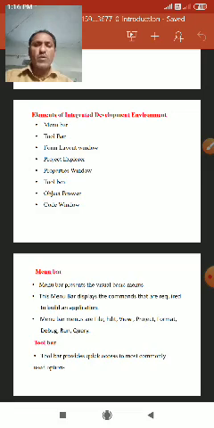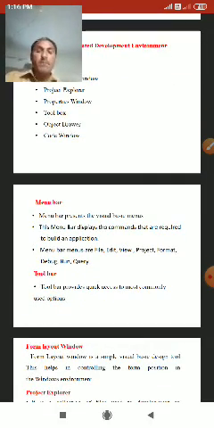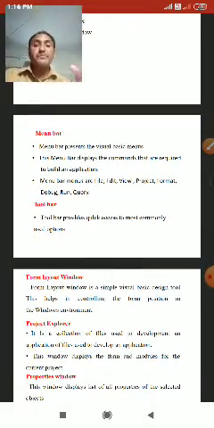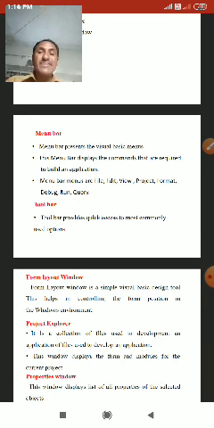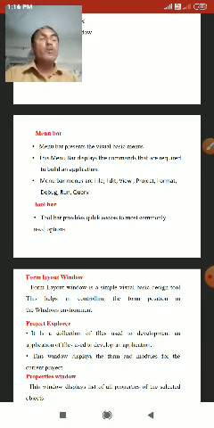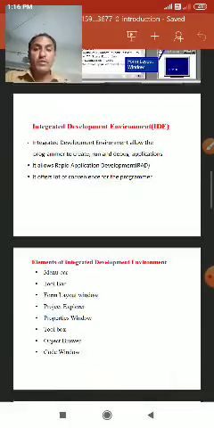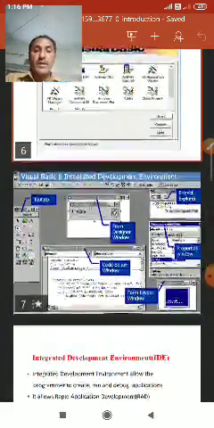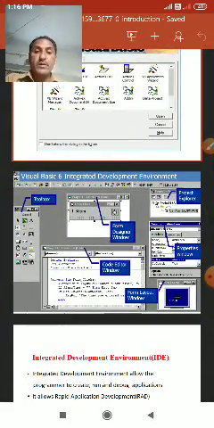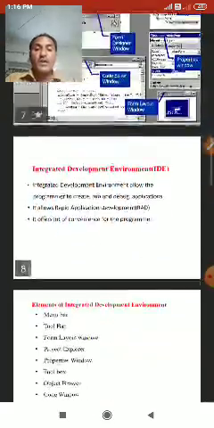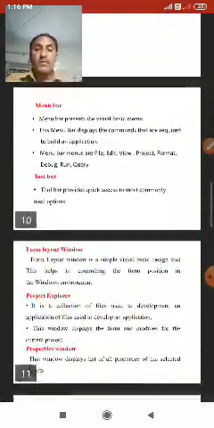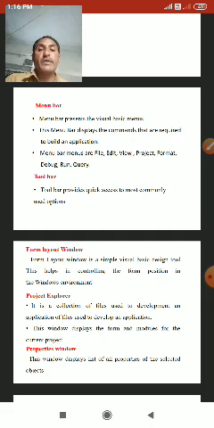Elements of the integrated development environment, menu bars. First we take the menu bar. The menu bar presents the Visual Basic menus at the top.